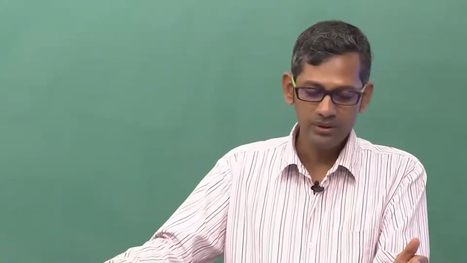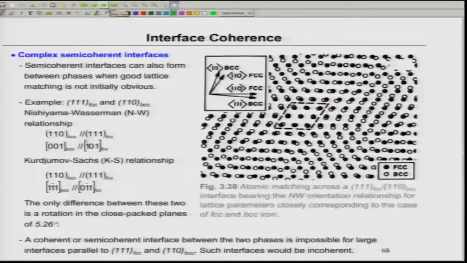Let us talk about iron and steel. FCC is the gamma phase, gamma iron, a solution of carbon in gamma FCC iron, and BCC is, suppose, alpha. The 111 plane of FCC is a closest packed plane, but 110 is not a closest packed plane in BCC. But there is an orientation relationship, given long back by Nishiyama and Wassermann, which says that the 110 plane of BCC will be parallel to the 111 plane of FCC. Whenever such planes are parallel across the interface, there has to be one direction which is also parallel, otherwise it is not possible to dictate the exact orientation relationship.